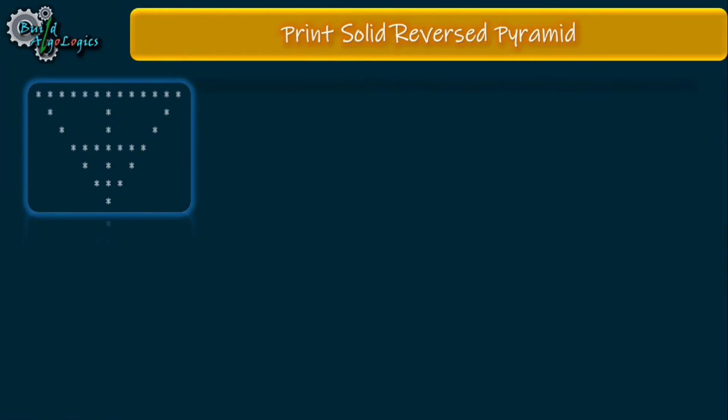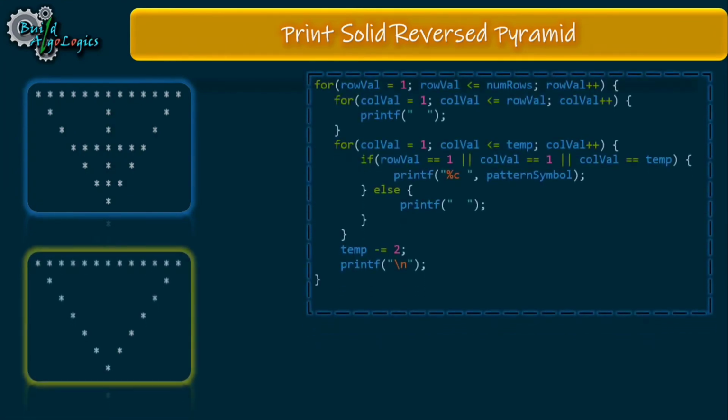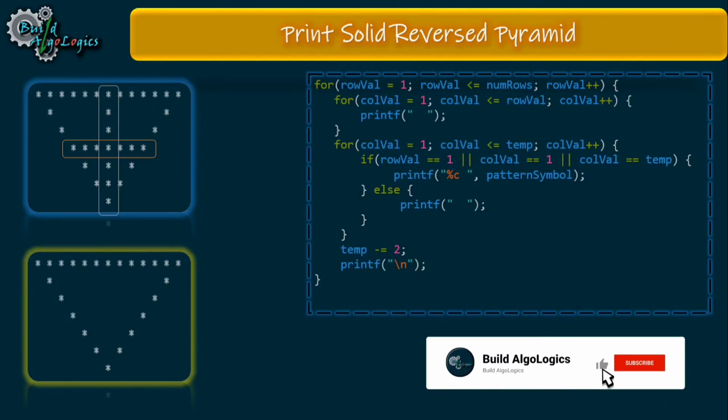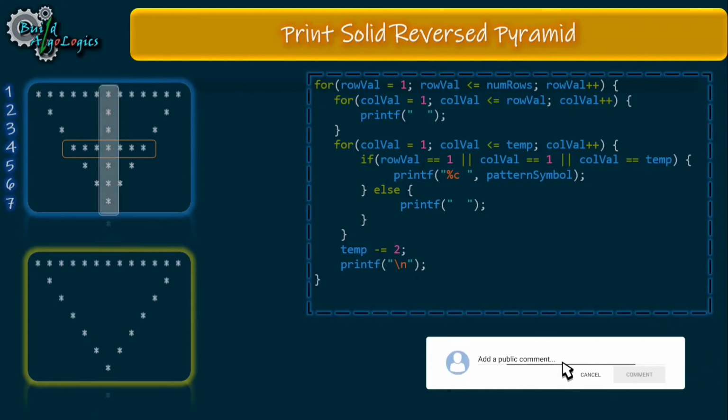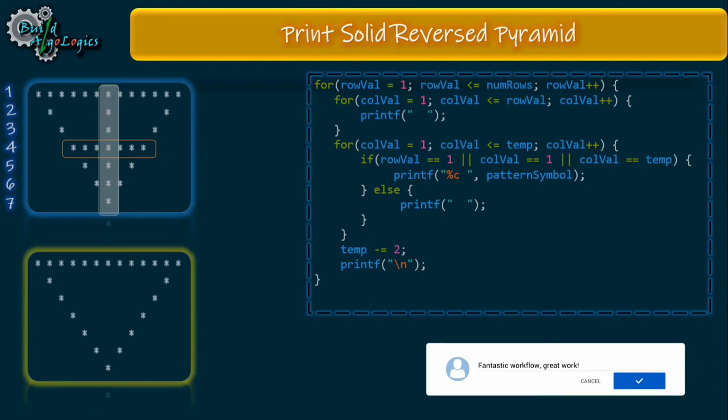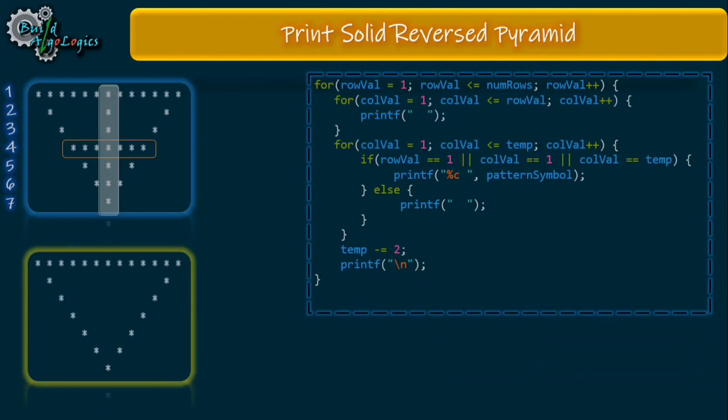Here as we can see, this pattern is very similar to this pattern, only this extra part is printed here, means all the conditions of the hollow pyramid are also valid for this pattern. Now let's derive some more conditions to print this extra part here. Here if we see this value is nothing but half of the temp value, but as C language returns a rounded integer value, this value will be like these 6, 5 and 4. But here our requirement is to print stars in these places, so we can simply add 1 to these values to get our task done.